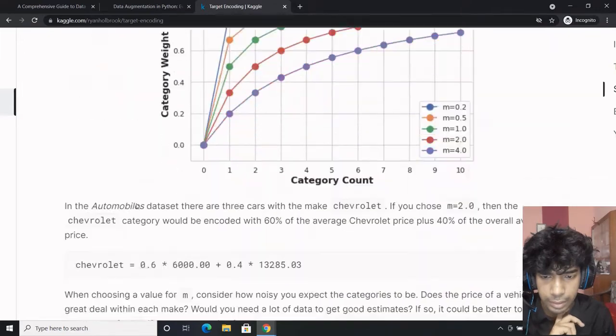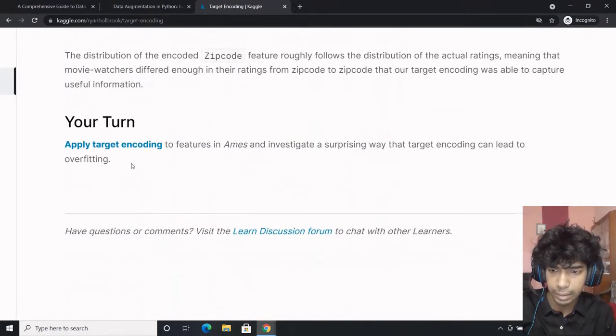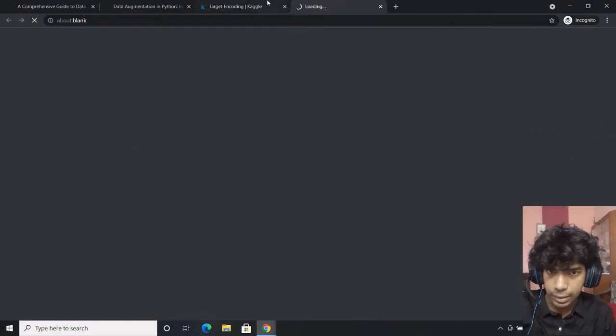Smoothing is one thing. So let's understand, when is target encoding even beneficial?